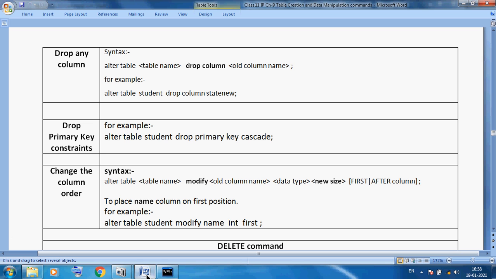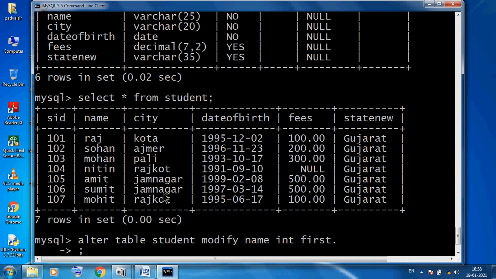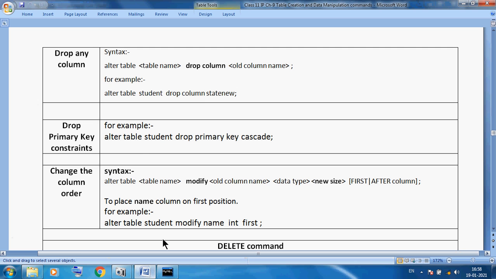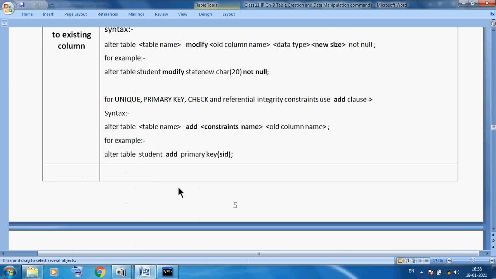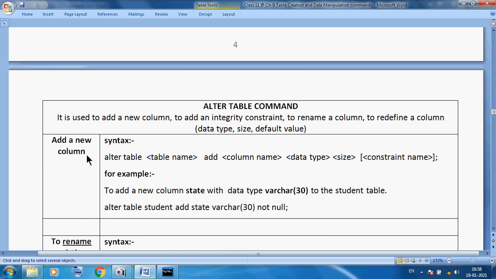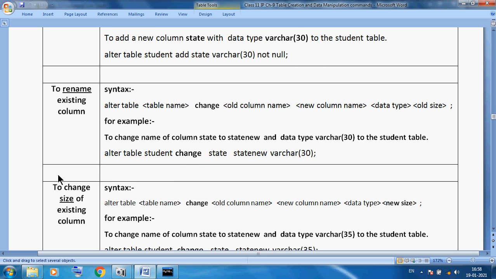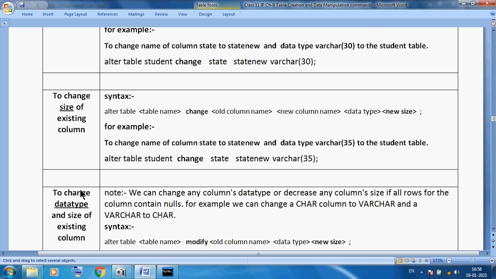Okay, so this requires an additional parameter. Okay students, today I discussed our alter table command. In this alter table command, first we add a new column, change the name of a column, change the data type, and change the data type size with the help of the modify command.